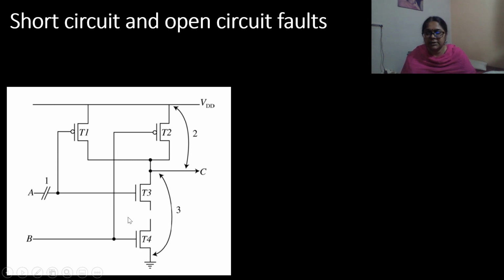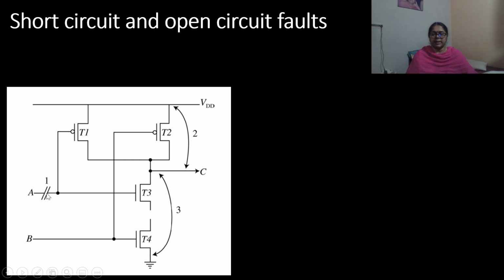Now, in this particular figure, number 1 indicates open, number 2 identifies the short between the output node and the VDD. Number 3 identifies the short between output node and ground. A short in a CMOS results if not enough metal is removed by the photolithography, whereas over removal of the metal results in an open circuit.